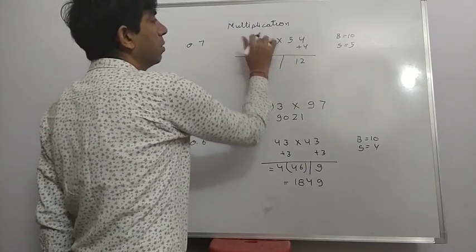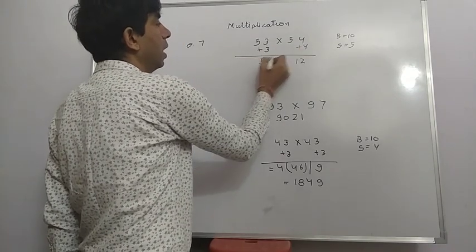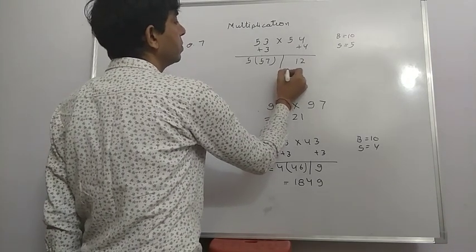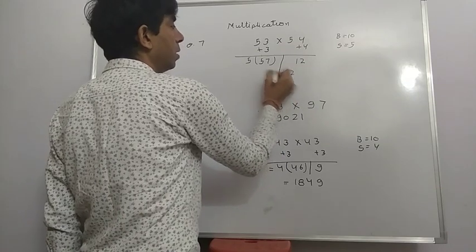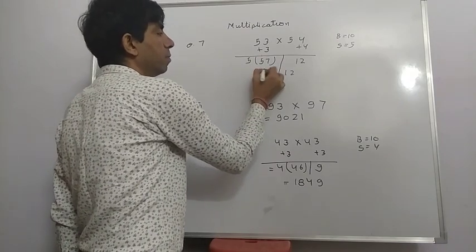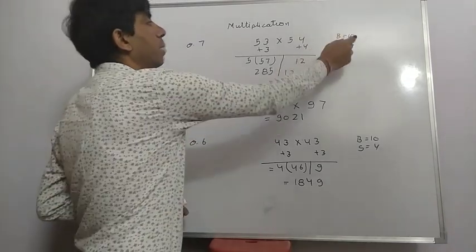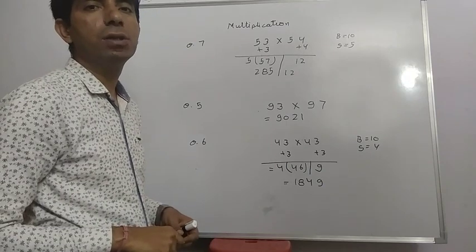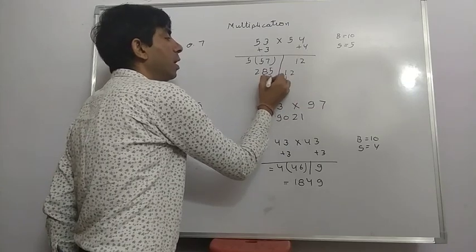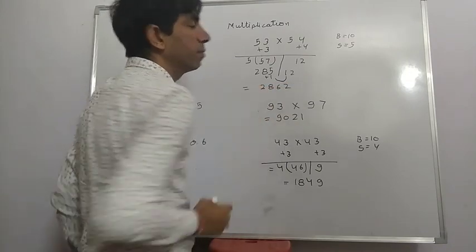And add any number to the other number's deviation. 53 plus 4, 57, and multiply by the subbase. Then the answer will be, when we write 12, multiply 5 times 7 is 35, 3, 5 times 5 is 25, 3, 28. Here we got the deviation multiplication in 2 digits, but here the base is 10, we can write only 1 digit, so we carry this number. Then carry 1 here, then add here, then the answer will be 2862. It is the answer.